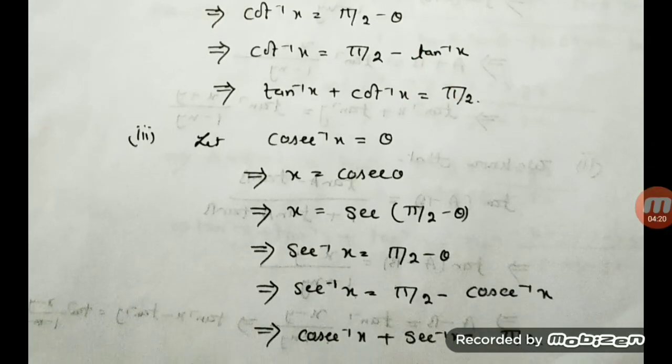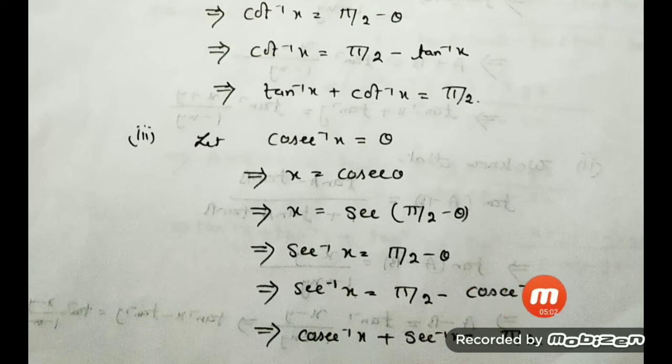Next one I have also done here. Cosec inverse of x equals theta, so x equals cosec theta by the definition of the inverse trigonometric function. And the cosec domain is what? Yes, minus pi by 2 to pi by 2, excluding zero. And cosec is positive in which quadrant? Similar to sine, first and the second. So the common is first, your answer will be in the first quadrant. First quadrant: 90 degrees minus theta. Odd multiple, so if I write sec, then it becomes cosec. Okay, so sec you bring to this side, then pi by 2 minus theta.